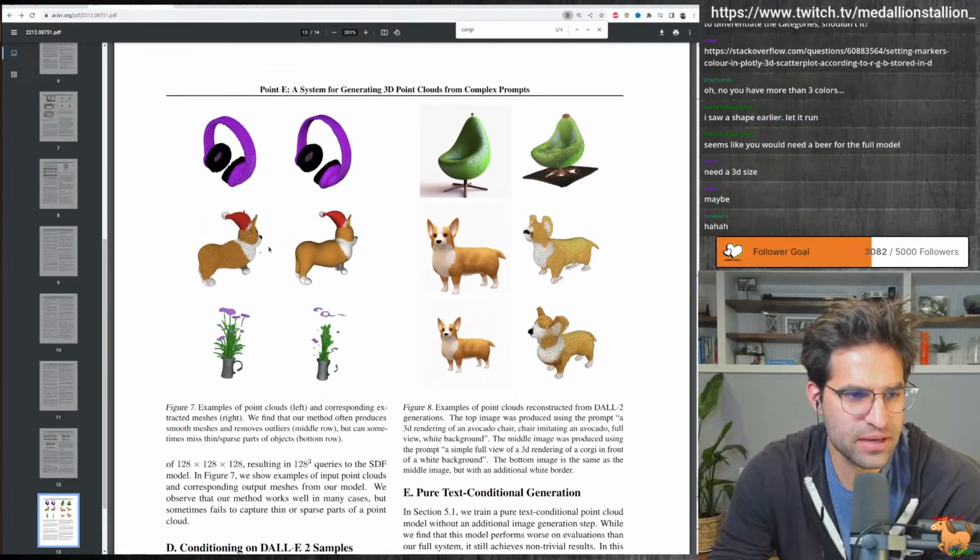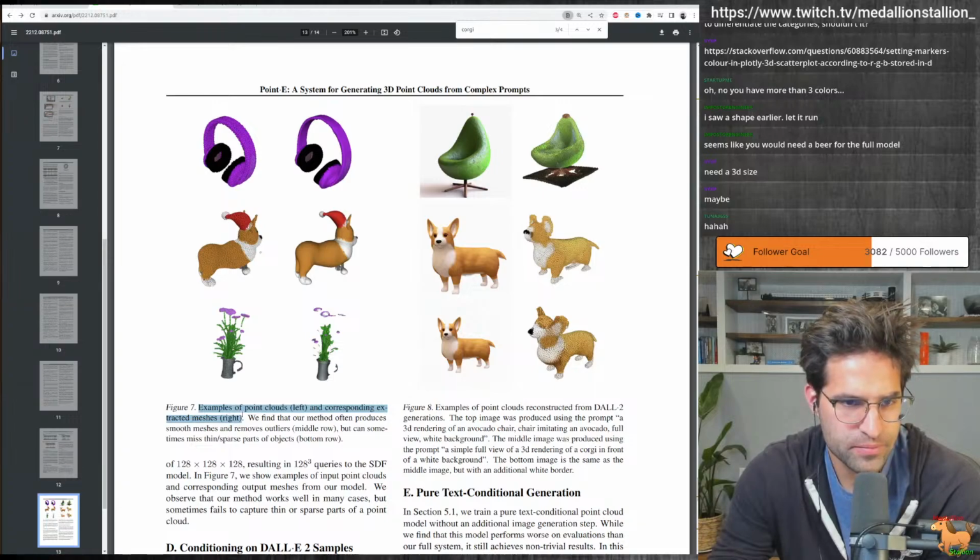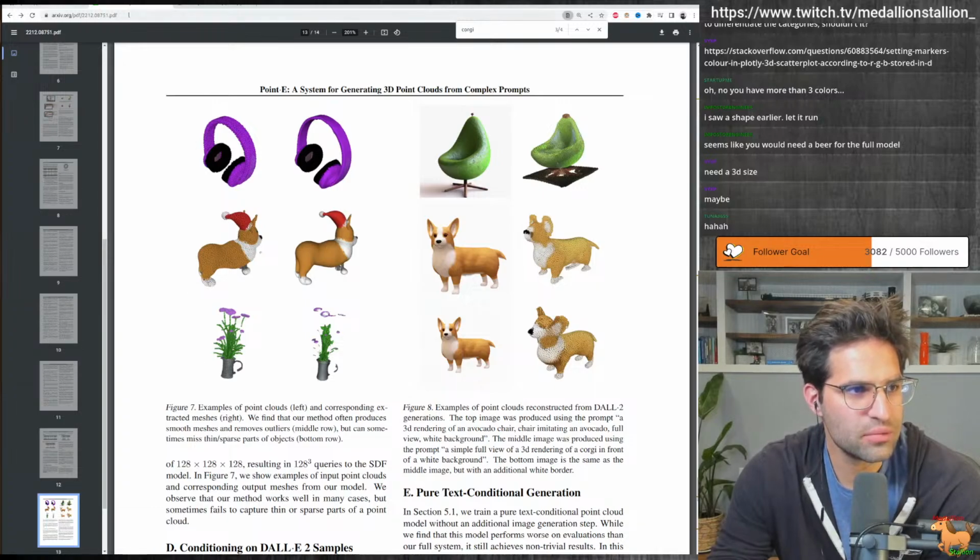See, I don't know if these images on the right that they're showing examples, point clouds left and the corresponding extracted meshes right. We find that our methods often produce smooth meshes and remove outliers, but sometimes miss thin, sparse objects, bottom row. Okay, so, all